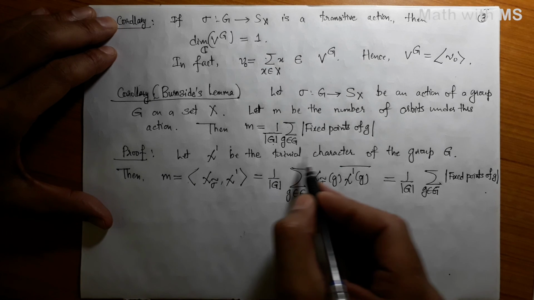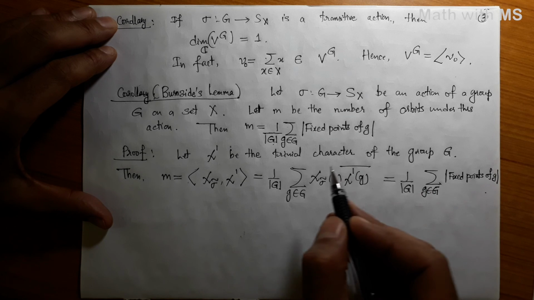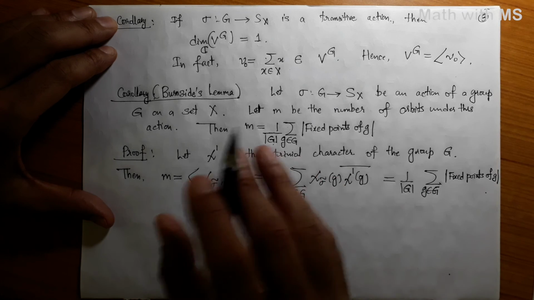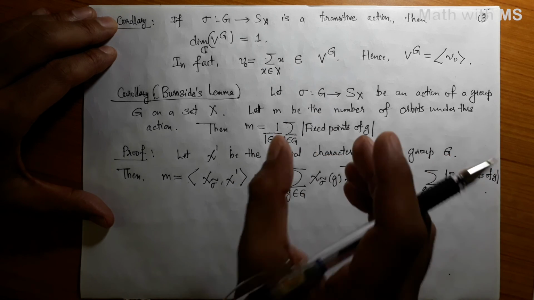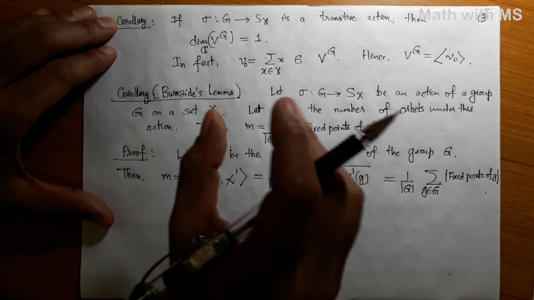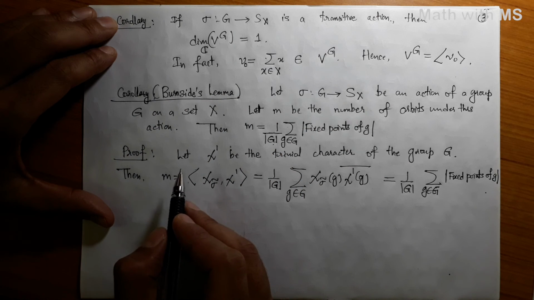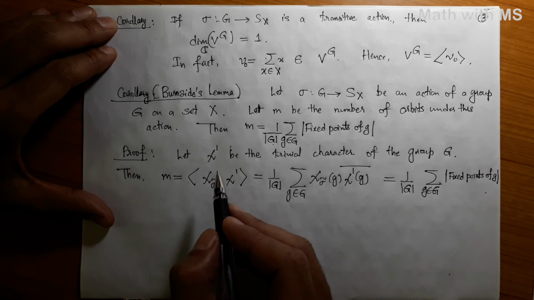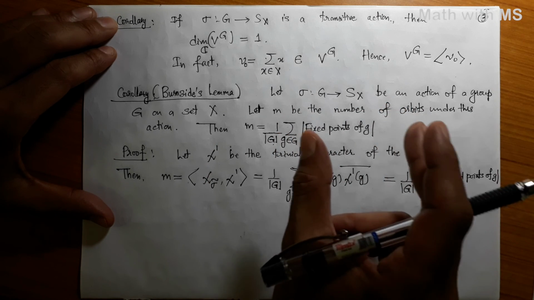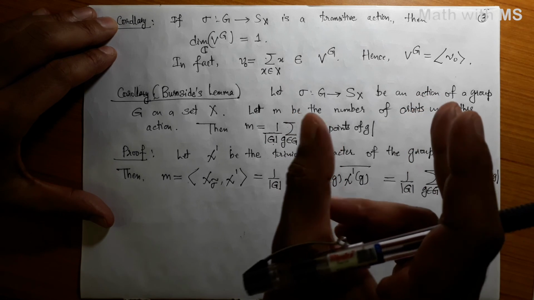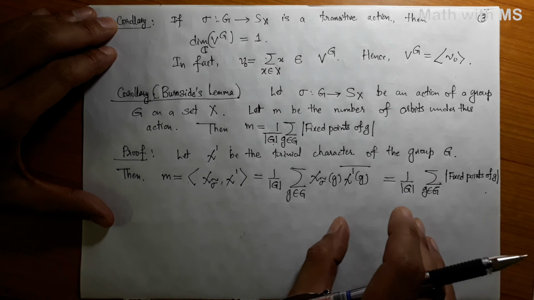So let chi1 be the trivial character of your group G. Then today we showed that for any representation, the dimension of the fixed space is the same as the inner product of the character of the representation with the trivial character. Okay, but the inner product of the character of a representation with the trivial character gives precisely the multiplicity of that trivial character as a constituent of the given representation.